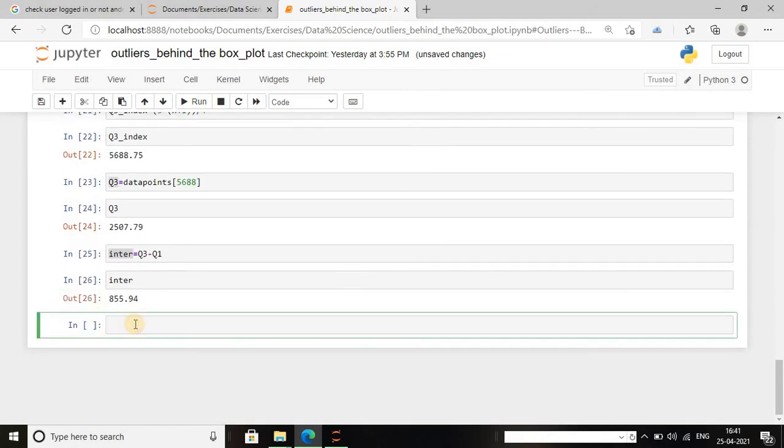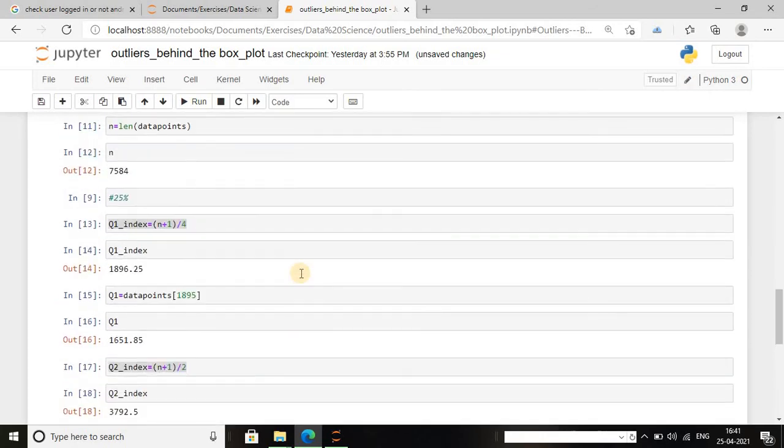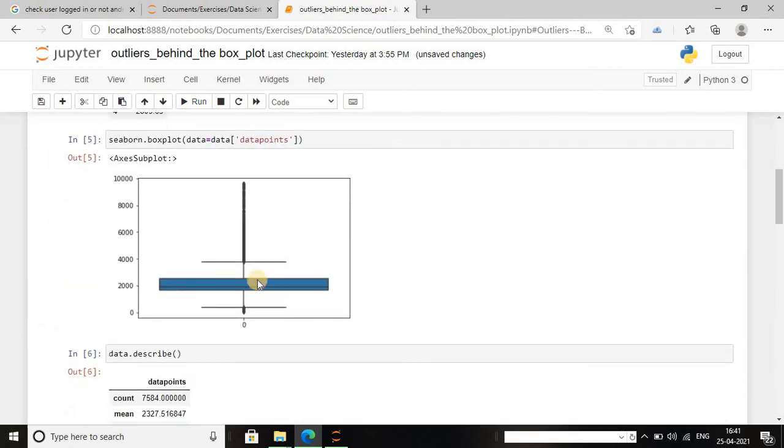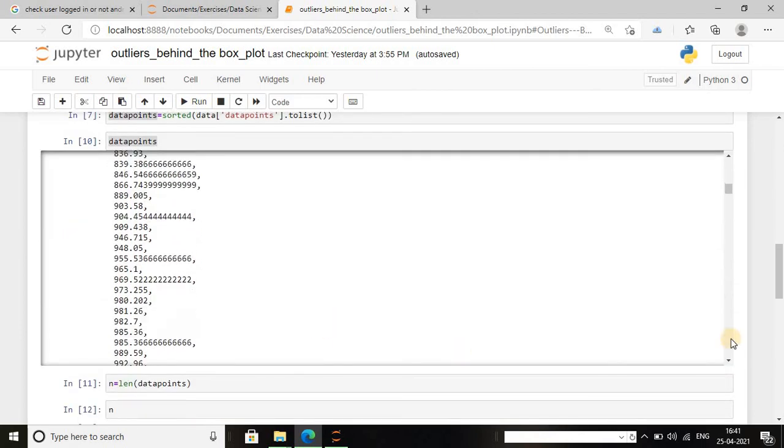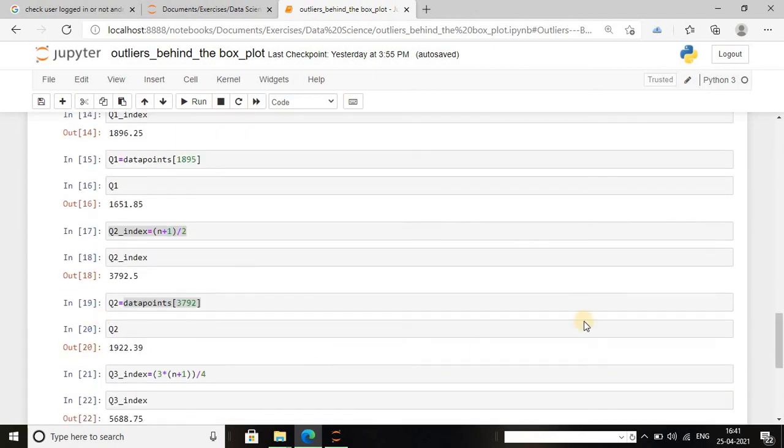And now I have to find the outlier range. What is the outlier range? The outlier range will be the distance between this line and this line, and also this line and this line. For the upper value, I have to add the outlier range to the 75% quartile, and for the lower outlier limit, I have to subtract the outlier range from the 25% quartile.